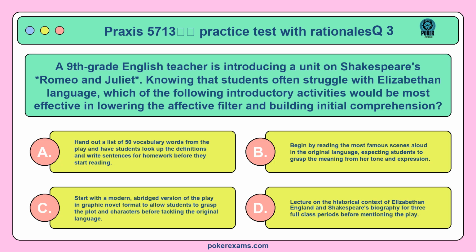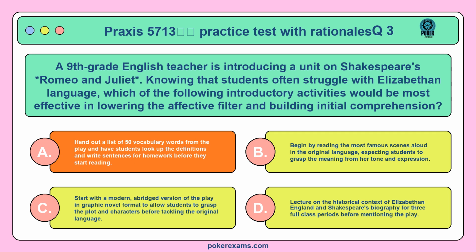Question 3. A 9th grade English teacher is introducing a unit on Shakespeare's Romeo and Juliet. Knowing that students often struggle with Elizabethan language, which of the following introductory activities would be most effective in lowering the affective filter and building initial comprehension? Is it? Option A. Hand out a list of 50 vocabulary words from the play